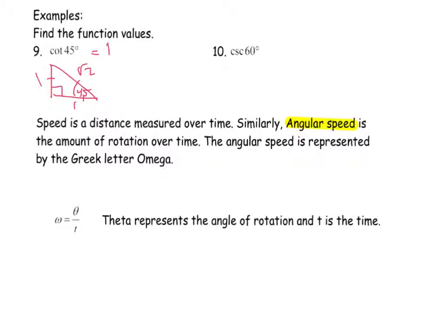Which would be the same as we talked about cofunction identities yesterday. So it would be the same as the tangent of 90 minus 45 degrees, which would also give us a value of 1. If I look at cosecant 60 degrees, cosecant 60 degrees is the same as secant 90 minus